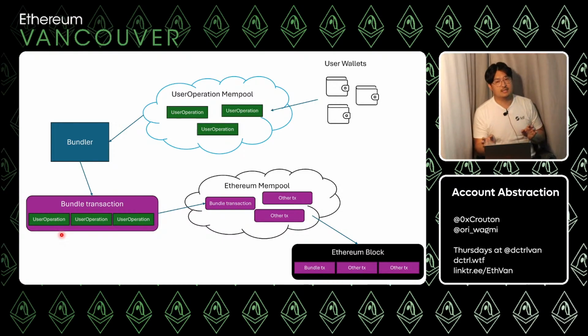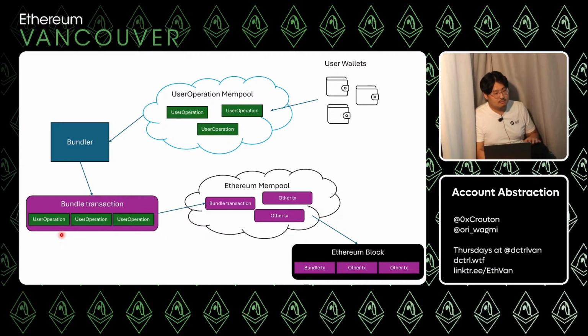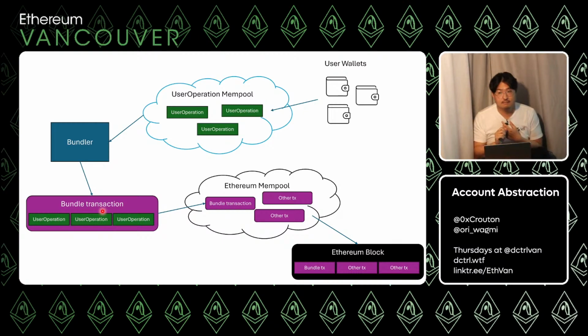So from a user perspective, any signature doesn't necessarily pay for gas, but the bundler, because it's still creating a real transaction, is still paying for gas, but they will get paid back. And they can be certain of that because they're validating the user ops. Any other questions? Cool.